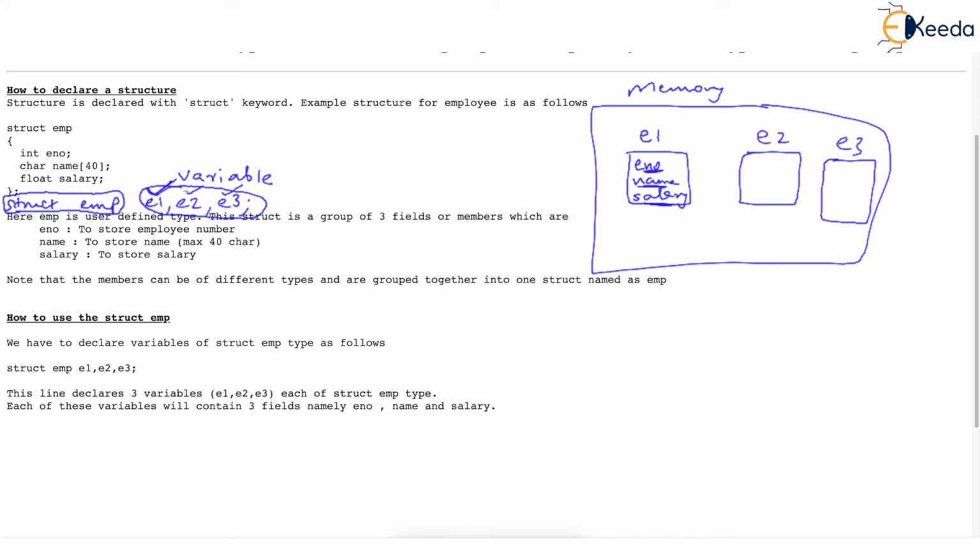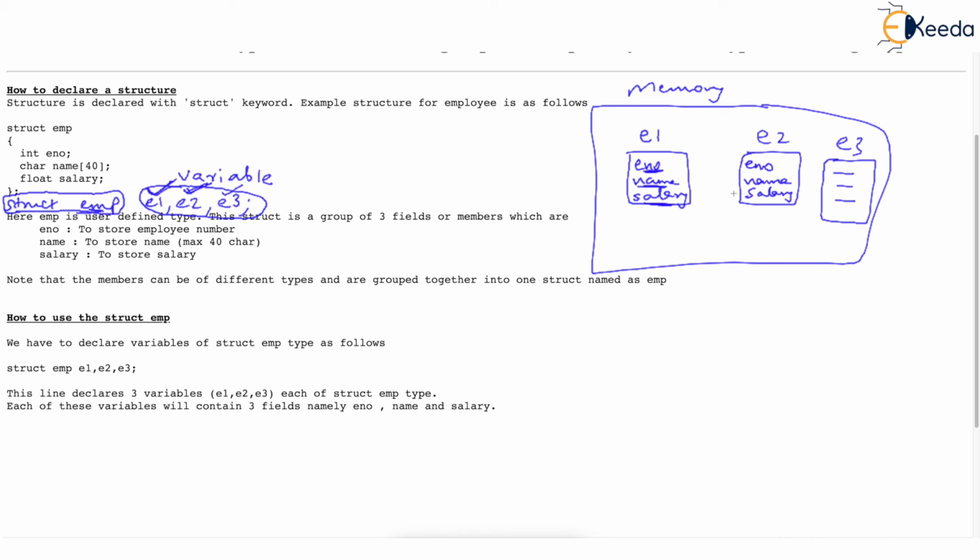Similarly, E2 is also a variable of type EMP, so E2 will also have ENO, name, and salary. And the same goes with E3. Please try to understand.